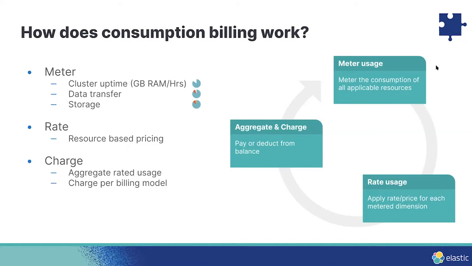The next step after you collect all the detailed metered usage across your footprint is basically to rate that, or basically to price that. Pricing the resources in this particular case, we're going to talk about in the next couple of slides. So let's hold on to that in terms of how we apply. But once you have the rated and metered usage, you aggregate them, and then you basically have a particular charge that the customer should incur. In this case, whether paying it directly or whether that's deducted from a balance, depending on the model. And we'll talk about the different models as well moving forward.